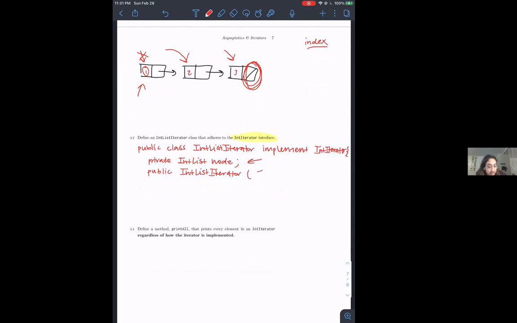It's going to take in an int list list. So we want to pass in something to our iterator that we actually want to iterate over. So we have this list. And then we're going to initialize the node pointer that we have right here, I drew a lot of arrows to it, to be list. Awesome. So now that we've done this step, we can move on to actually implementing our hasNext and our